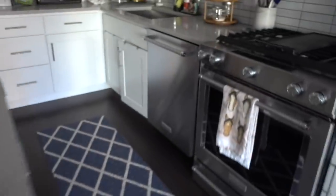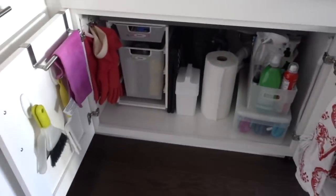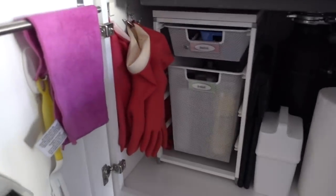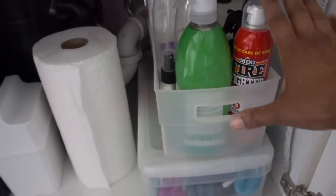And I have organized this cabinet a little bit. I did take a couple of things out of here and rearrange this so it's a little less overwhelming when I open it. So this is pretty much the cleaners that we reach for on a daily basis, plus the little mini fire extinguisher. It needs to be right there, right? And the sponges and microfiber cloths are here. I got one extra paper towel